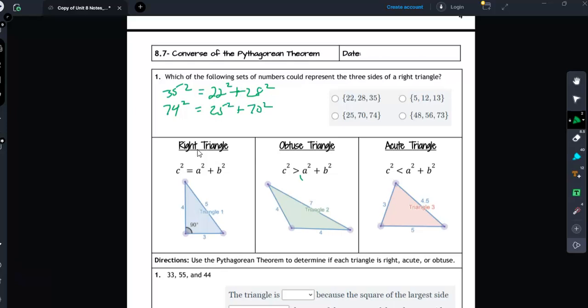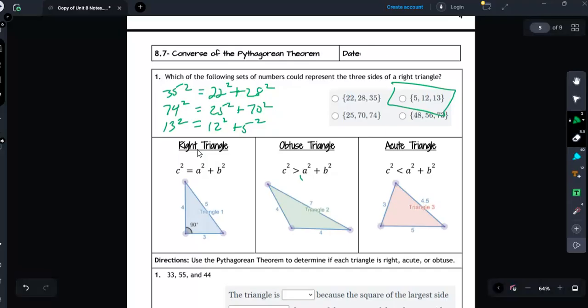Then on this one, it is 5, 12, 13, because that is a special triangle, right? So is 13 squared equal to 12 squared plus 5 squared? And then finally you would do 73 is the largest side. Is 73 squared equal to 48 squared plus 56? So the one that gives you a true statement will be the answer, and it should be 5, 12, 13,